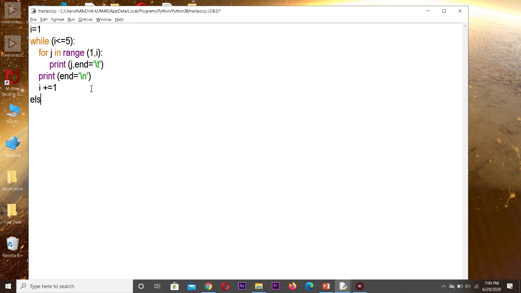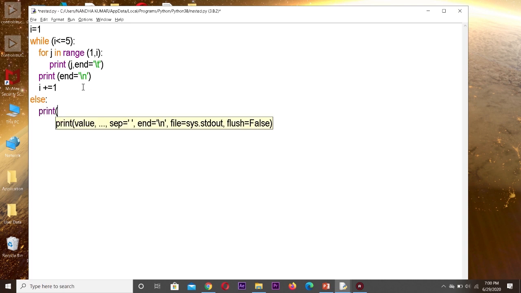Now I am writing here else, to see at what value the loop comes out of the loop. So I am including the else. I am writing here print value of i, comma i.